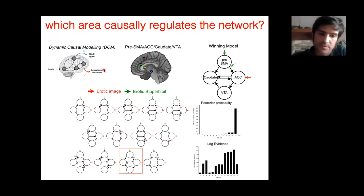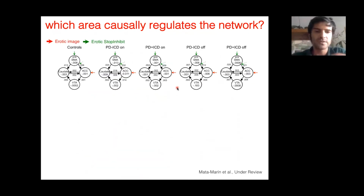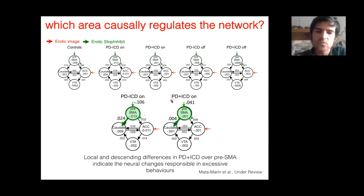We just have to test based on the non-anatomical connectivity. And it turns out that we had a winning model that explained most of the connections. And this winning model included a top-down control from pre-SMA to caudate and cingulate. And specifically between all the controls and the two group patients on and off medication, to make it more clear, the most interesting finding was